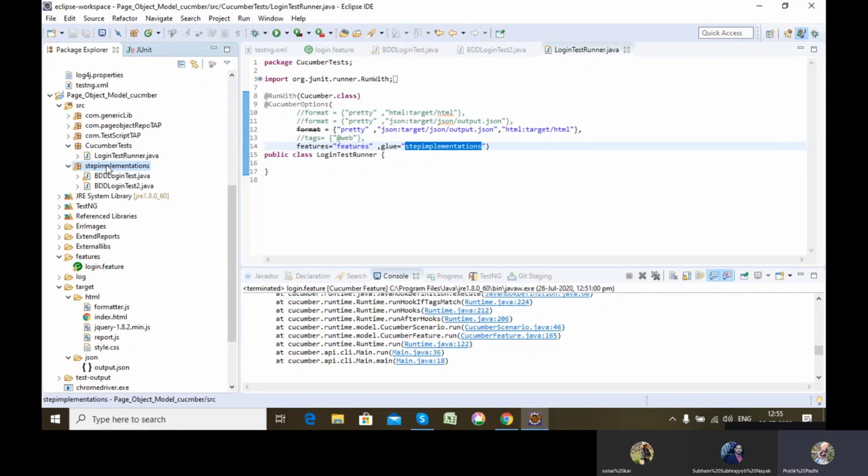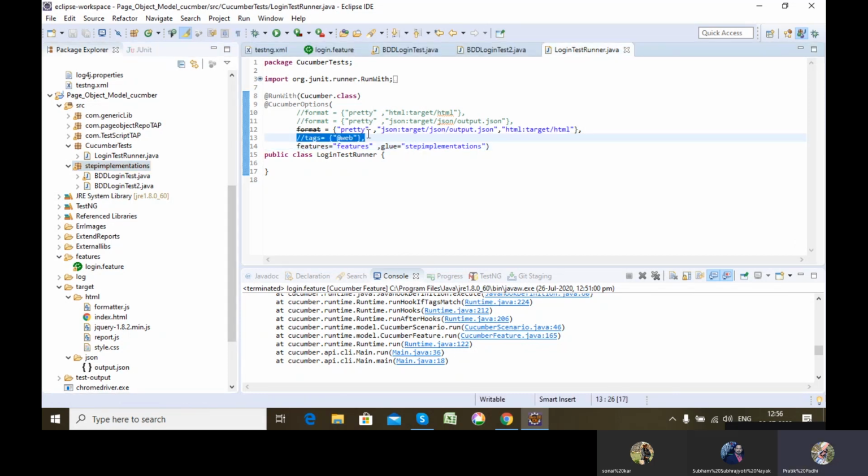Now in TestNG you must have read about grouping of test cases. Let's say I want to run only two or three test cases. For that you can use tags, similar to grouping in TestNG. Once you write tags equal to @web, it will run only those scenarios or step definition functions which have this tag.